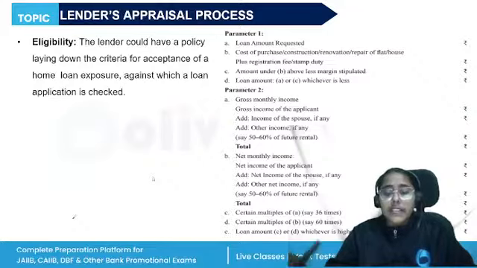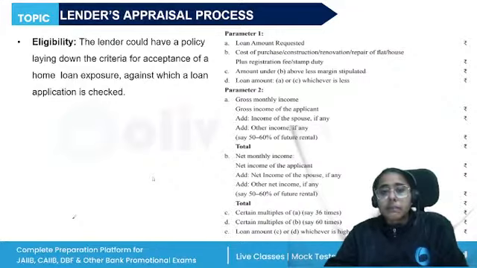The lender could have a policy laying down the criteria for acceptance of a home loan, like a preferred age group, a minimum salary or income group, the score in the credit information report, or the areas or locality where the home loan will be given. A negative list containing other disqualifications can also be maintained. So here